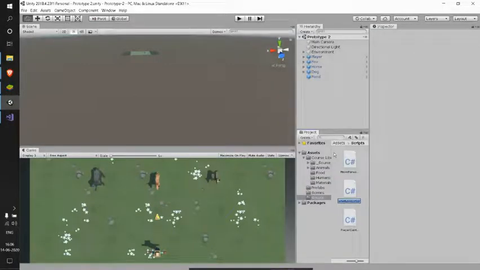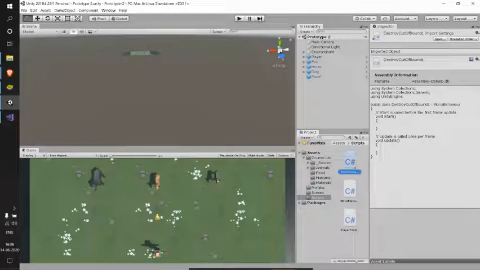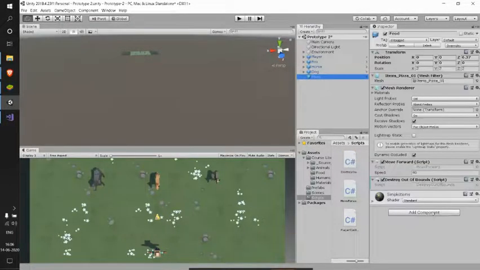I'll call that destroy out of bounds. As of now, let me add this script to my food game object here. See, it got added.